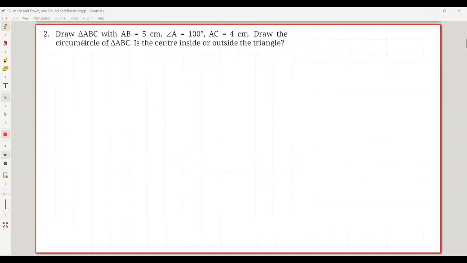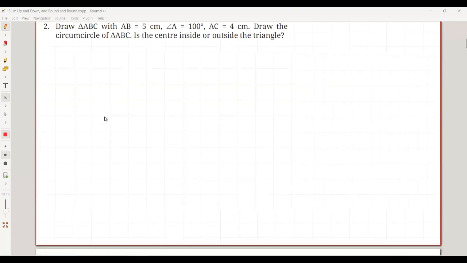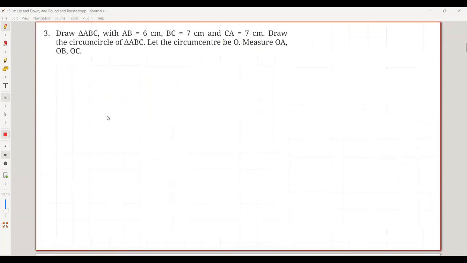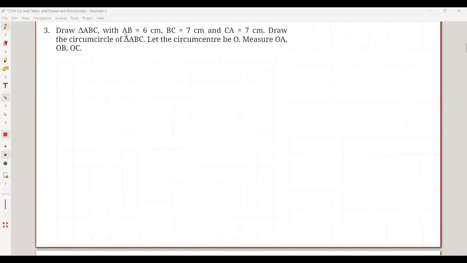Second question: draw the triangle ABC with AB equal to 5 centimeter, angle A equal to 100 degree, AC equal to 4 centimeter. Here 2 sides are given, 1 angle is given. Draw the circumcircle of triangle ABC. Is the center inside or outside the triangle? That is the second question. Third question: